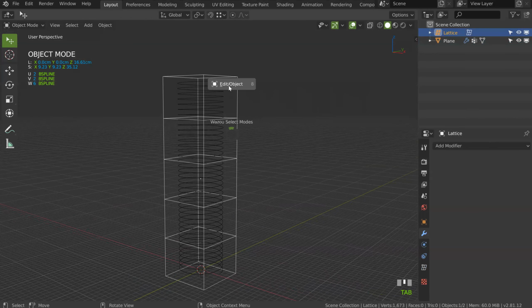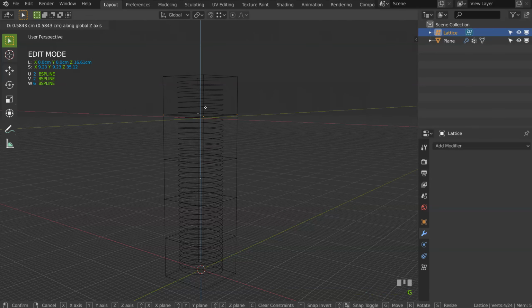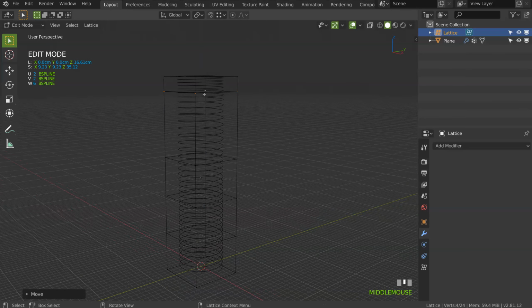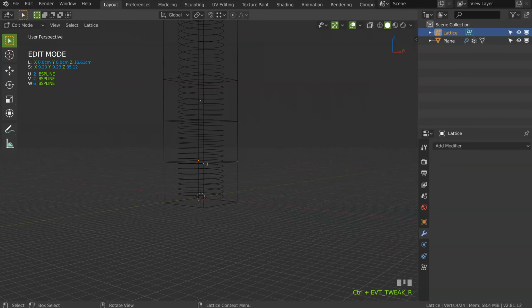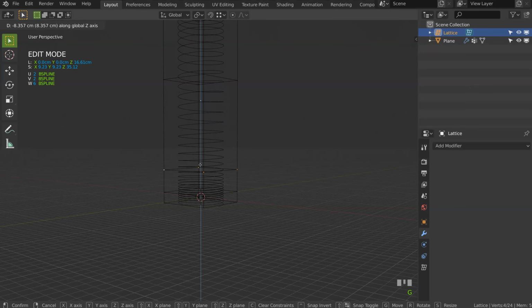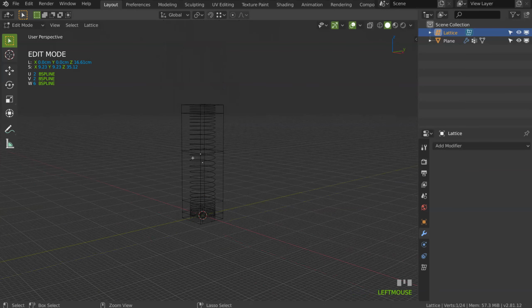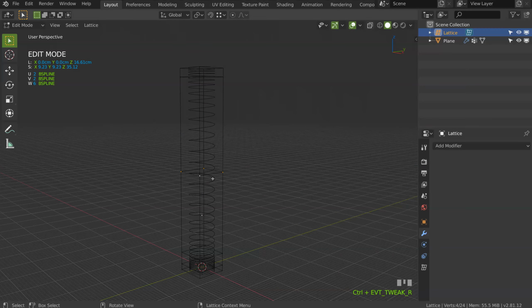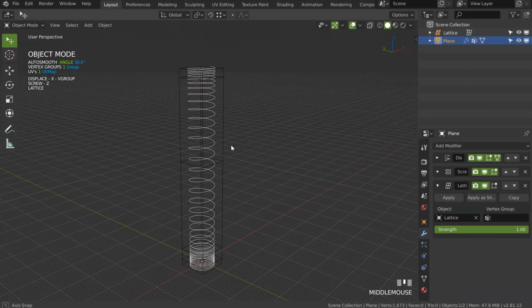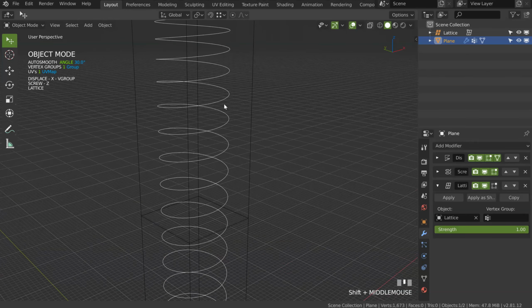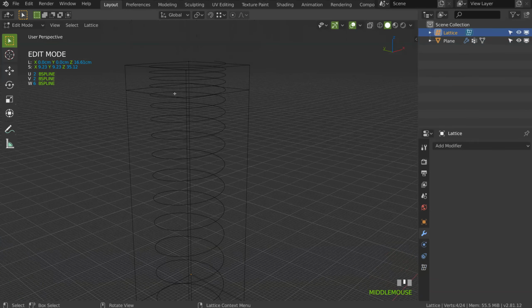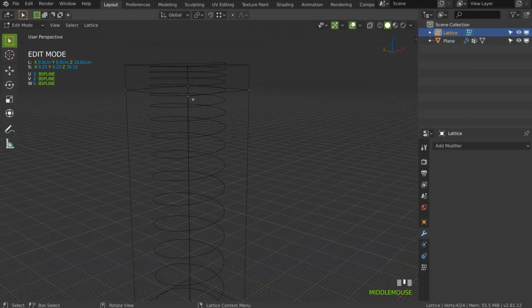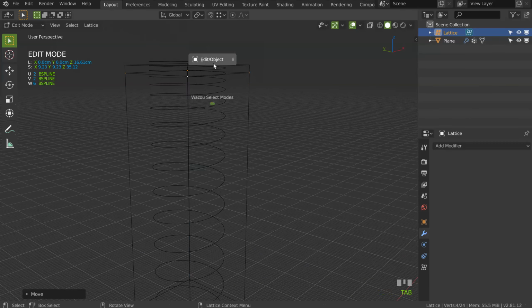I have now my lattice. I can edit the lattice like that. Let's see, press G and move it. And as you can see, that will follow. So if I take this one, boom, let's select this one, boom, everything will follow. So this is pretty interesting, and this is a clever workflow, as you can see, and you can make something like that, and you can edit it on the fly if you want. So if I take this up, let's press G, I will have this.